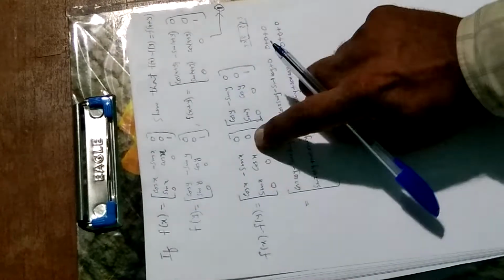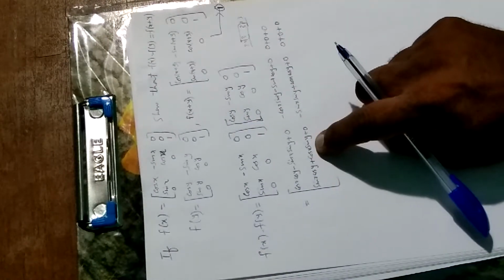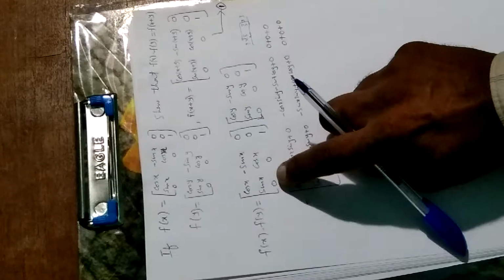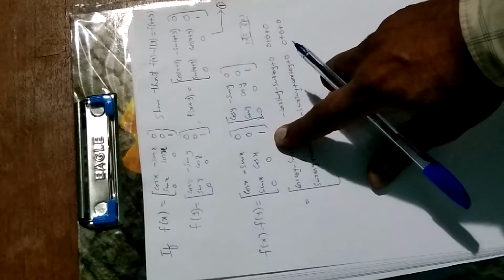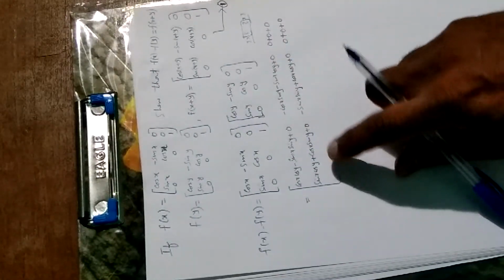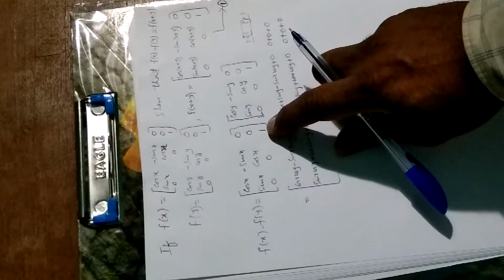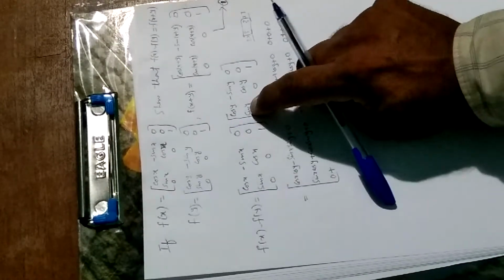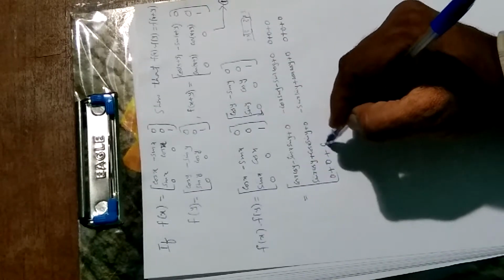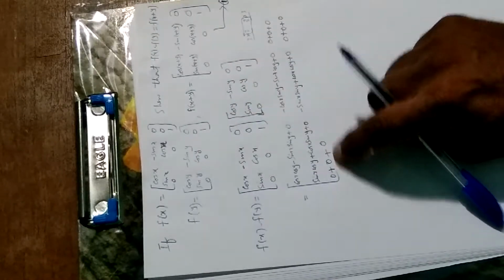Now second row, all columns over. Second row, first column gave us this first element here in second row, then this into this gave us this, this into this gave us this. Now let's multiply by third row: first column, third row second column, third row third column. That will give us the third row. We are multiplying by third row, so we will write in third row. So multiply third row by first column, 0 into cos y, 0, plus second element, 0 into sin y, 0, plus 1 into 0, 0. Third row, first column is over.